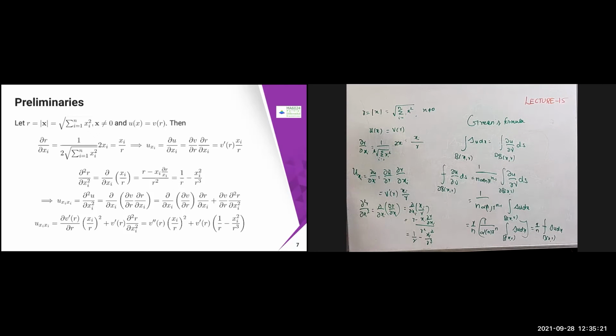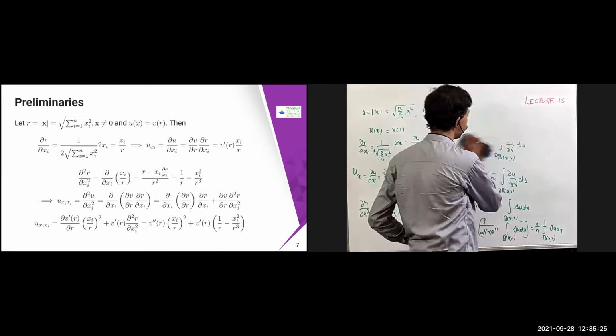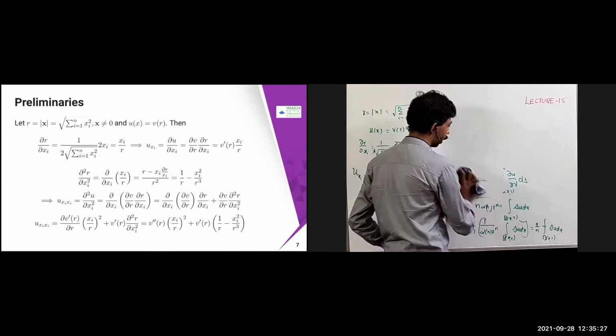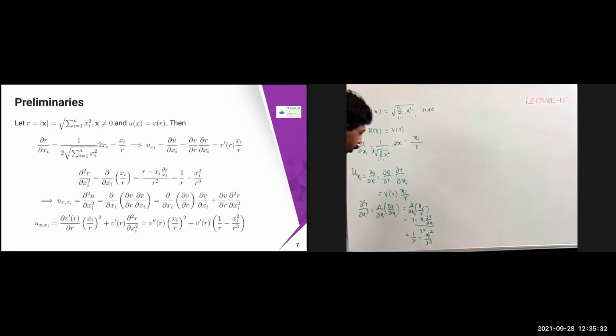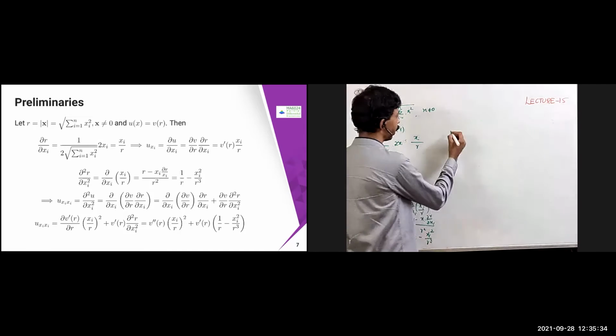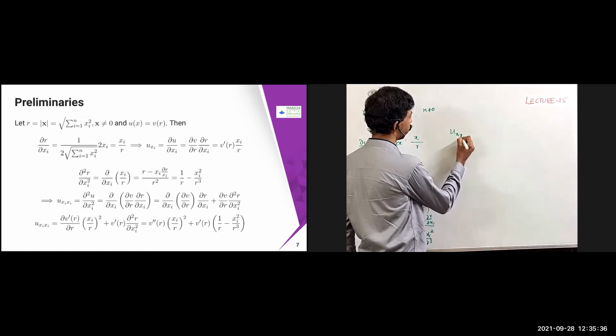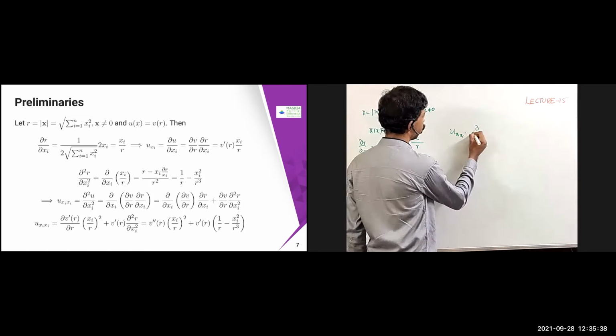Now what I have to do is calculate my u_ξiξi. Why am I going to do all these things? We will see that at the end. Something we are going to achieve. So next, I have to calculate my u_ξiξi, that is nothing but ∂²u/∂ξ_i².